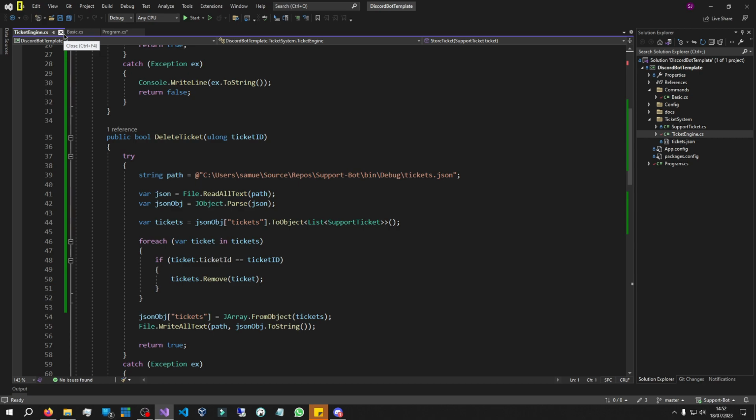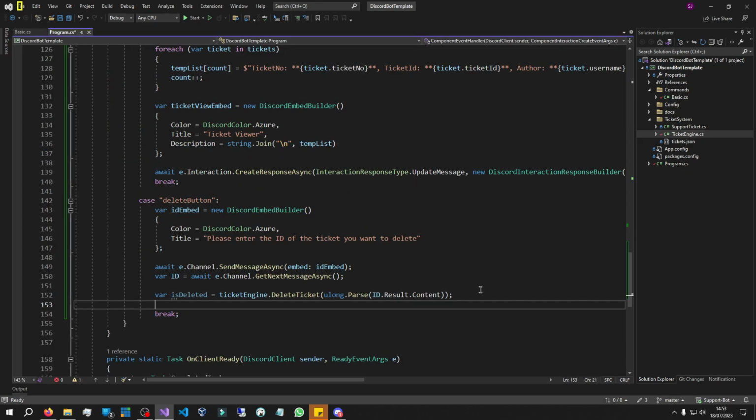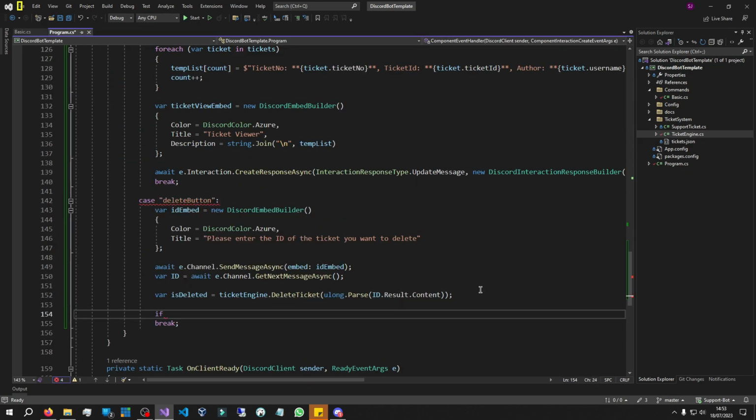If it's false, then something went wrong, right? And then we'll be able to see the error in the console, or we can actually send the error message as an embed if you want. So let's say if is deleted